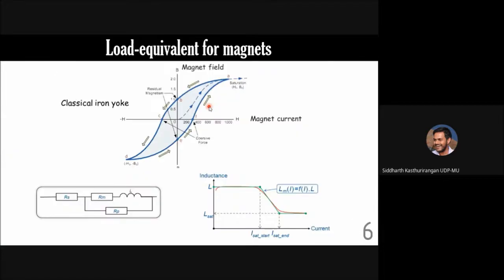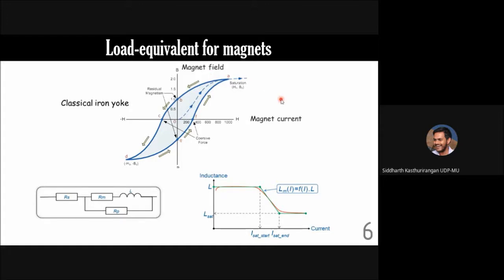Moving forward, the other important component which takes up a lot of power is the magnet. And as you know, in a magnet, there will be some stored energy due to the hysteresis effect. The power requirement needed to raise the magnetic field from zero, and the amount of power required to change the magnetic field, all of this can be calculated just by studying the hysteresis curve for the magnet.